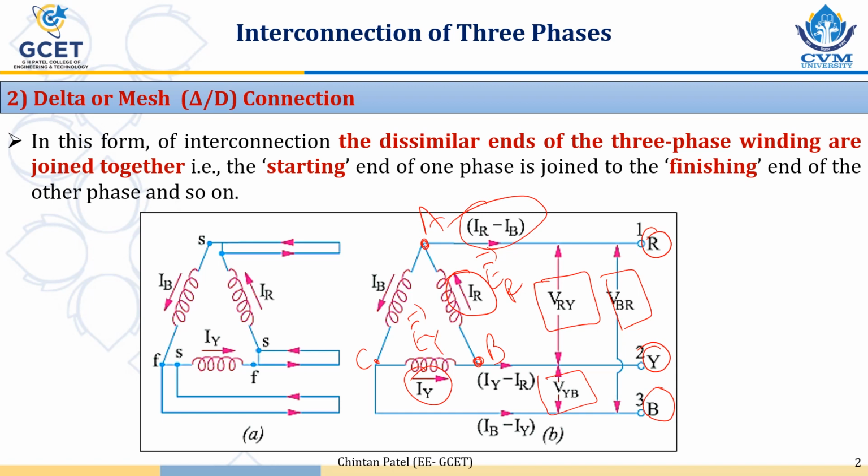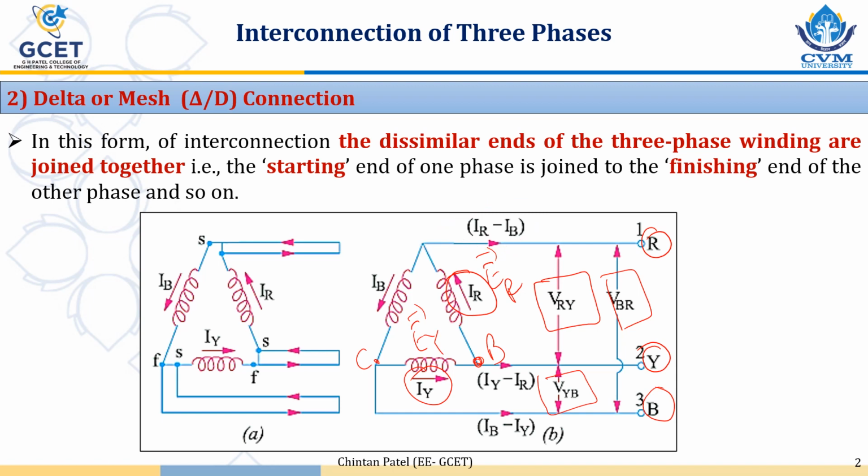So this IY minus IR, IB minus IY, IR minus IB, these currents are called line currents, and IR, IY and IB, they are known as the phase current. So let's derive the equation for line currents and phase current. One more thing we observe from the diagram is